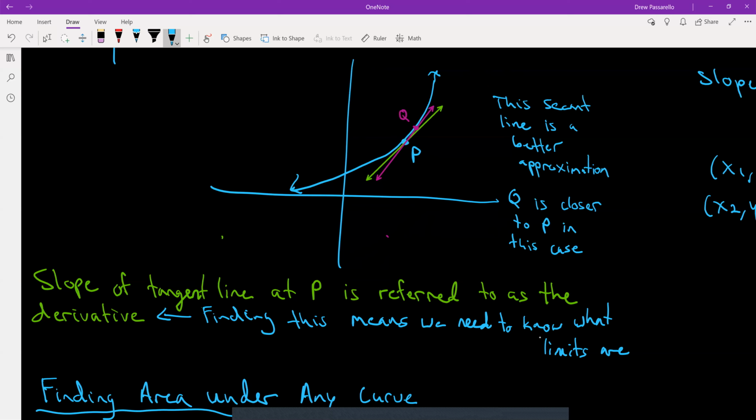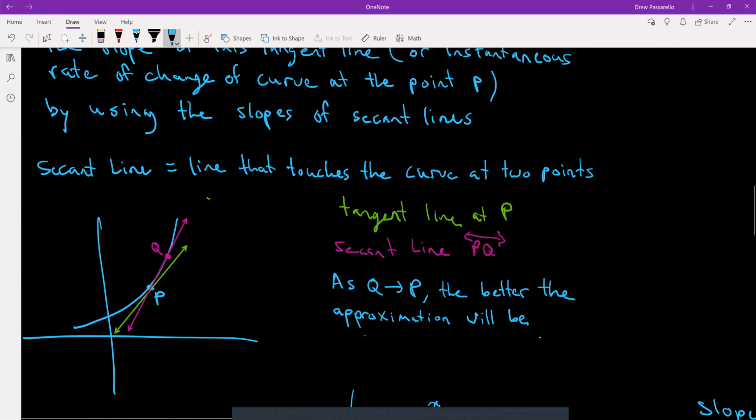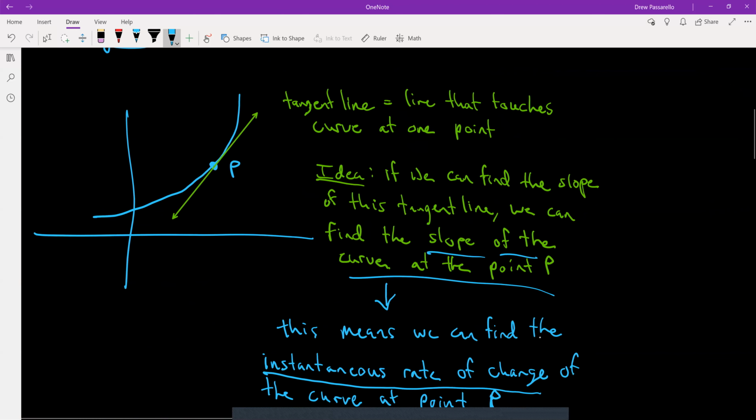All right, that's the first main topic or main idea that we'll cover. And just to recap, again, the setup was I have this blue curve and I want to find what's the slope of the curve or the instantaneous rate of change of the curve at this particular point P. Well, that's the same thing as drawing this green line that touches the curve at that point, and the slope of that green line, and the green line is called a tangent line because it only touches the curve at 1 point. The slope of that green line will give you the same value of the instantaneous rate of change